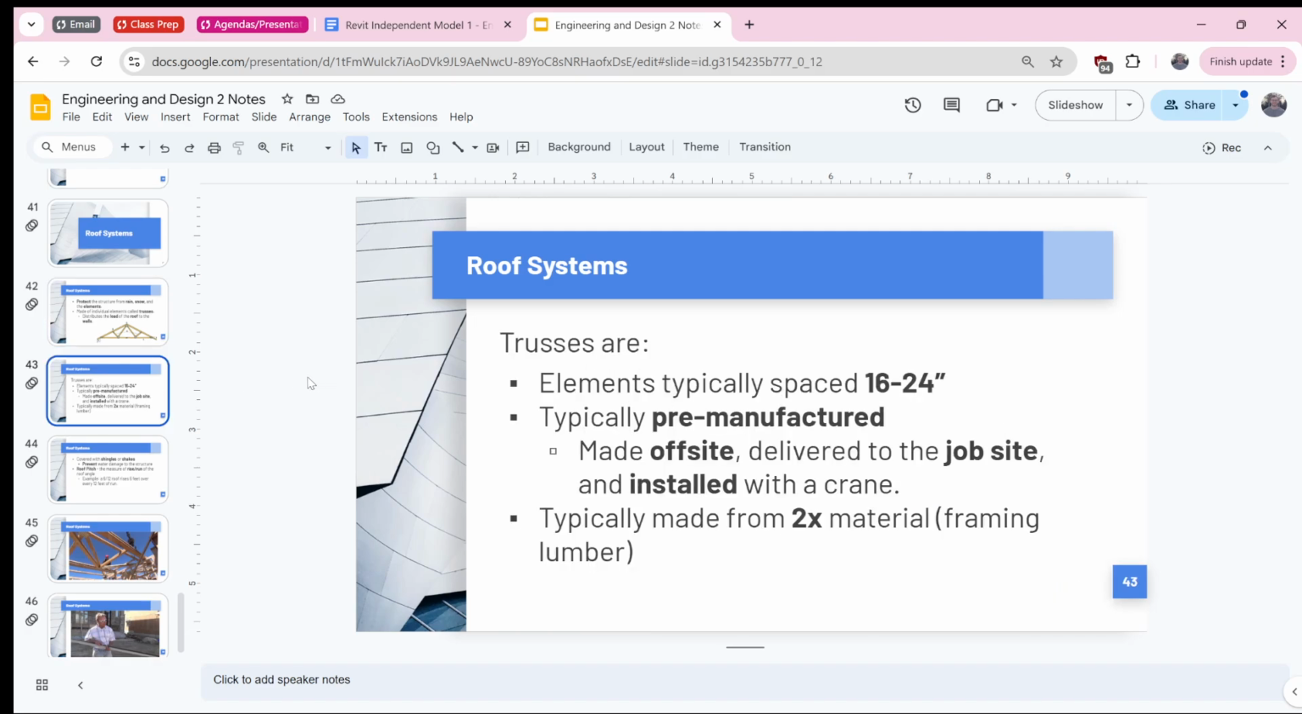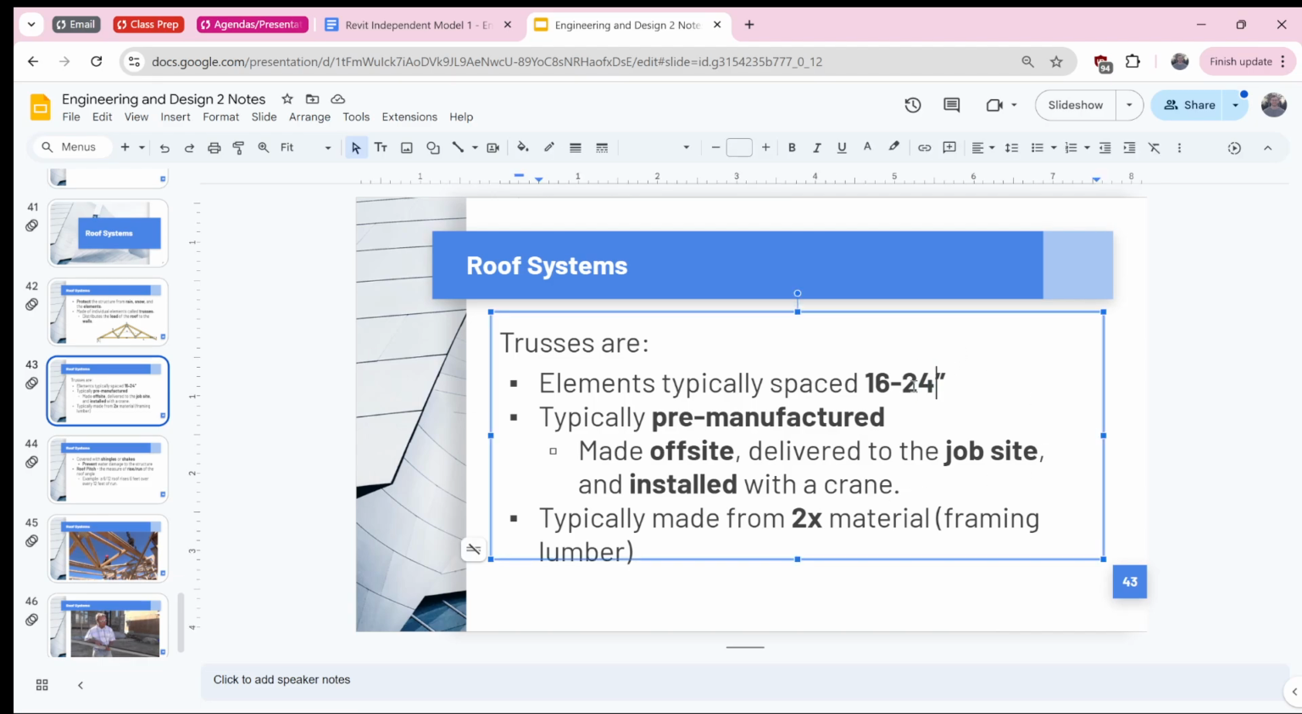Our trusses are typically going to be spaced 16 to 24 inches. I think I misspoke there. I think you'll see more than this, but just like wall framing, 16 to 24 inches, you will see higher numbers than this though. Typically, they're pre-manufactured, so there are companies that all they do is make trusses,